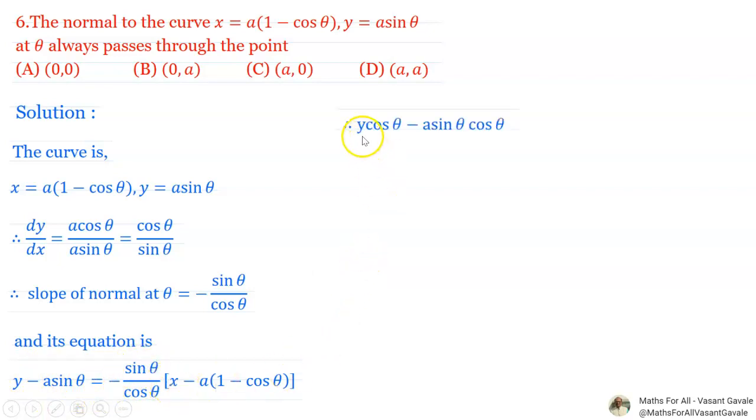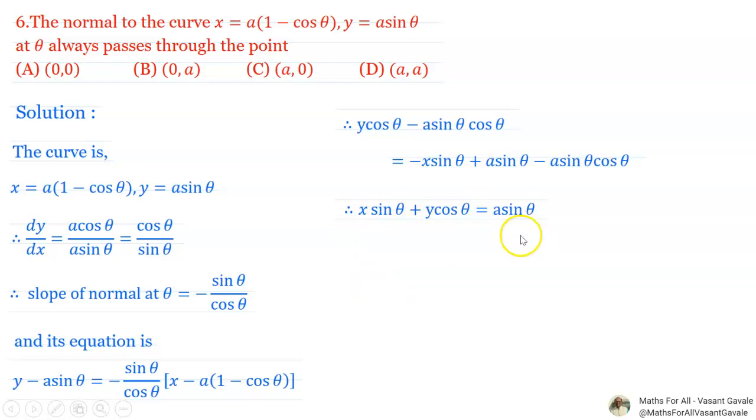After the substitution you will have (y cos theta minus a sin theta) times cos theta is equal to ... Simplifying, multiply y minus a sin theta by cos theta, minus sin theta, and x minus a in bracket 1 minus cos theta multiplication. After simplification you have x times sin theta plus y times cos theta is equal to a sin theta, and therefore it's clear that it passes through the point